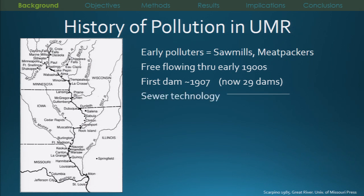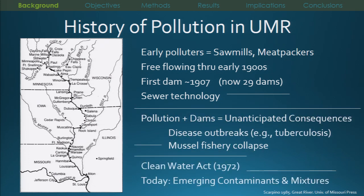Sewer technology was needed for these growing cities, and that basically meant taking the sewage that was in the streets and piping it to the river. But as you can imagine, dams and pollution created unanticipated consequences, such as human disease outbreaks, and contributed to the mussel fishery collapse. We certainly have been cleaning up our water since the Clean Water Act, but today, of course,